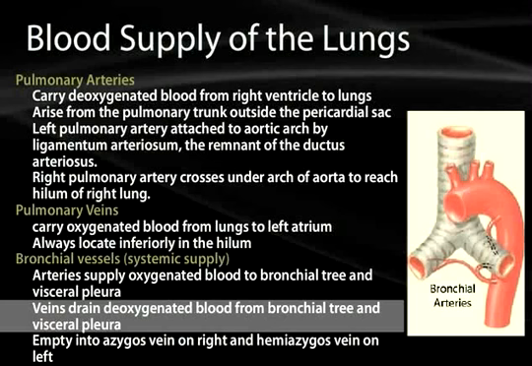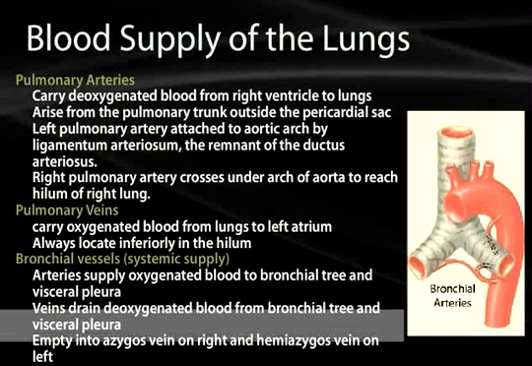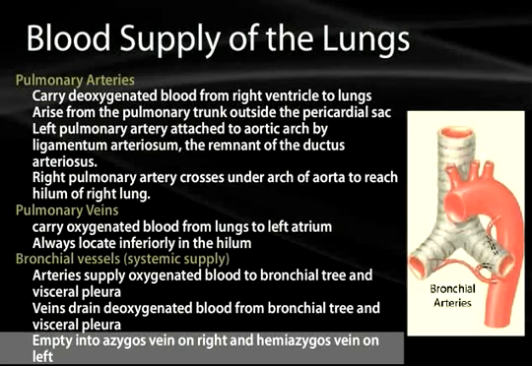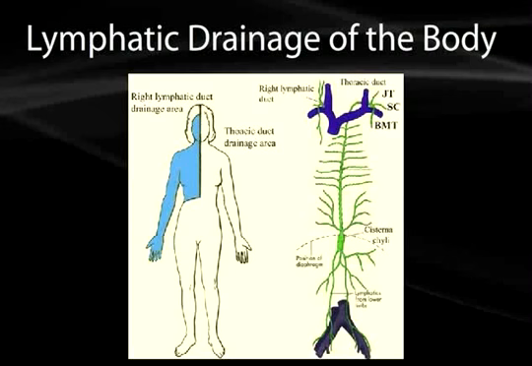The veins from this system are going to be draining deoxygenated blood from the bronchial tree and the visceral pleura. They're going to empty back into the azygous vein on the right and the hemiazygous vein on the left. As far as lymphatic drainage of the body, we have the thoracic wall and the upper limb on the right